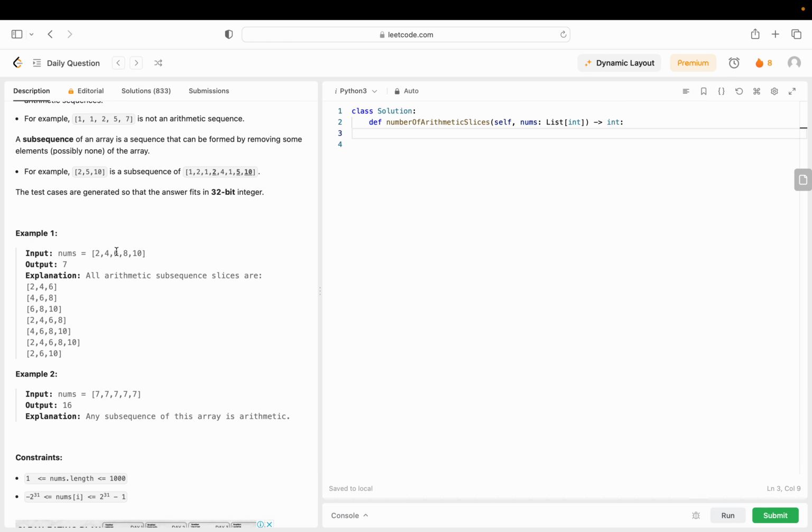Now, if there is any way that we have the answer of a smaller subproblem that is starting at 6, like if we are standing at this particular index, how many subsequences are there with